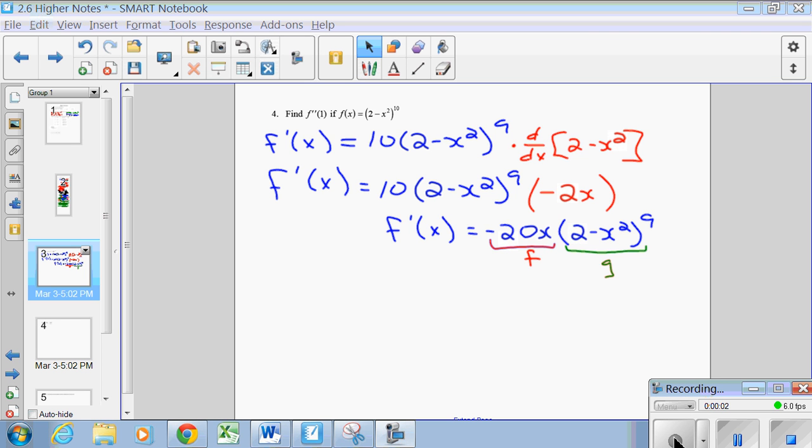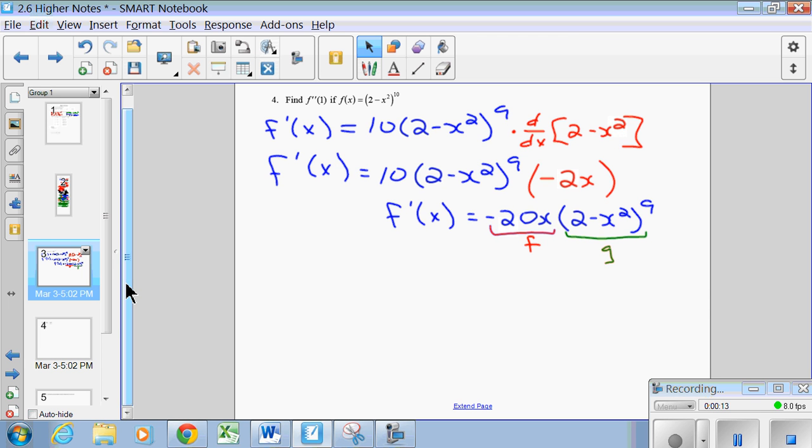Let's finish off our example number 4 that we started in class time. Sometimes a good way to go through a video example is to play the whole thing and then go back and look at the parts that you don't understand. So we got to the point where we finished our first derivative, and we said the second derivative is going